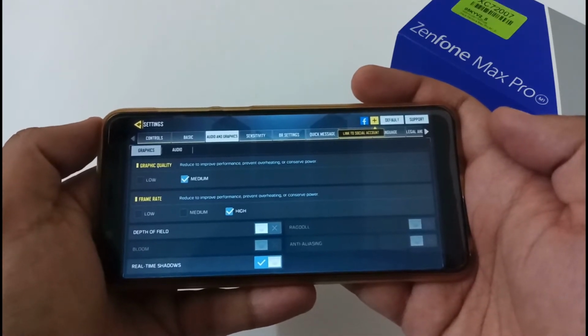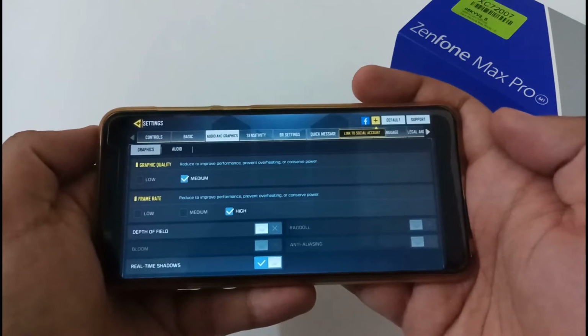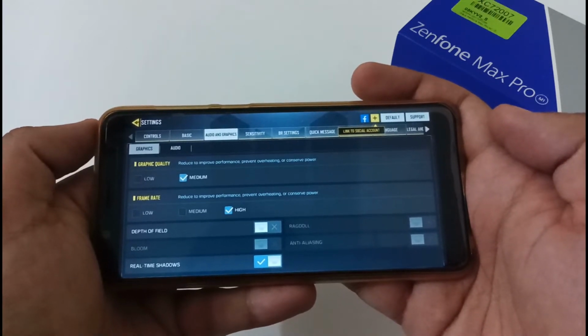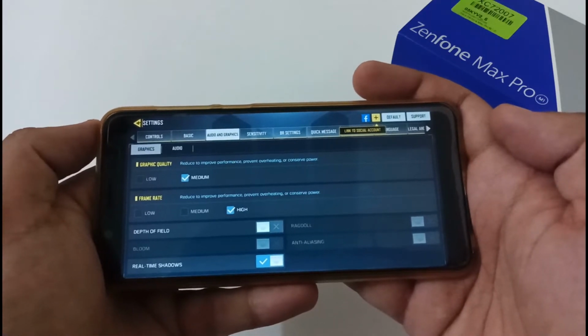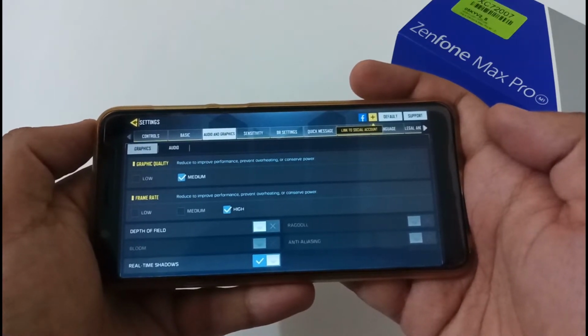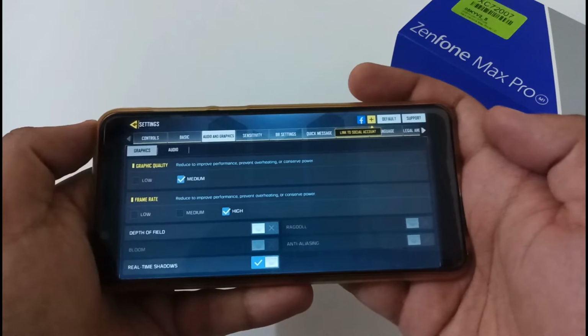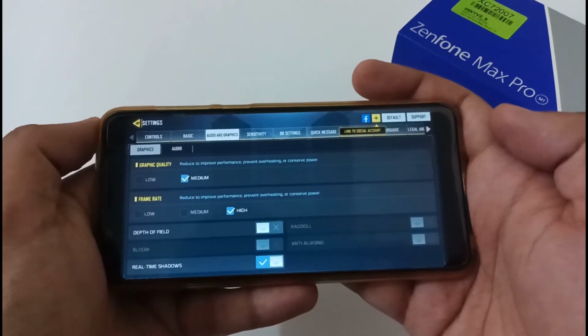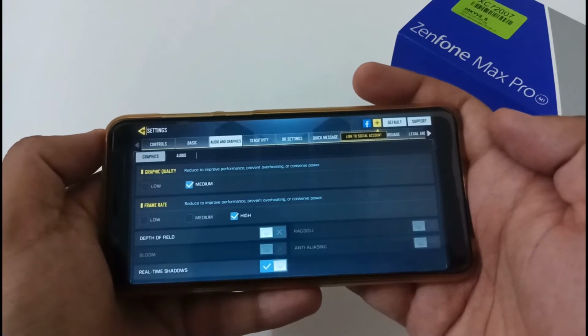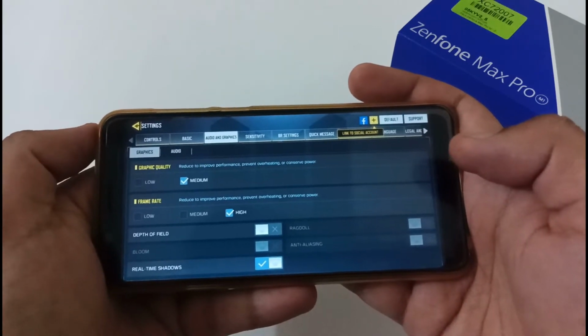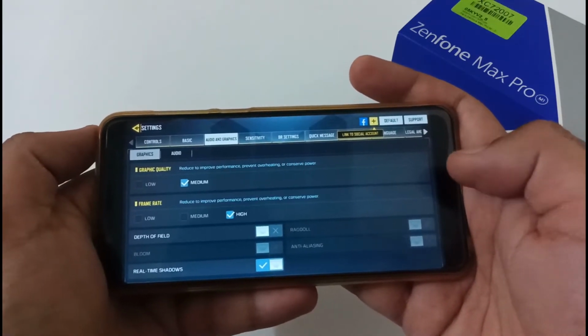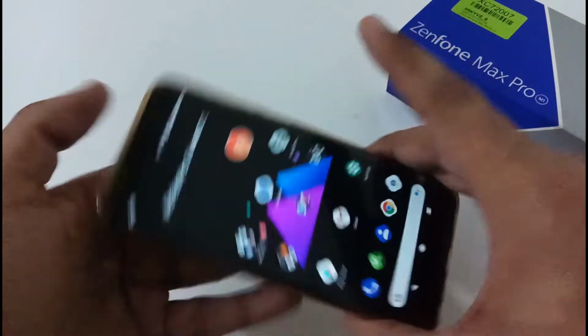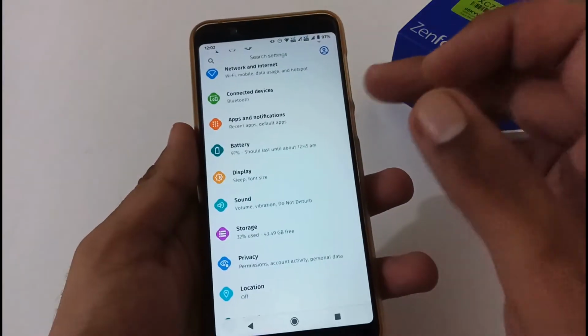But here temperature readings were somewhat abrupt. Before starting the gameplay, the temperature of my phone was nearly 30 or 31 degrees, and as soon as I completed the gameplay, the temperature of my phone was 38 degrees. So it was a little bit heating, or the temperature was somewhat higher while playing Call of Duty. Apart from this, the gameplay of this particular game was also absolutely fine. There was no glitch and so on. So this was all from the battery statistics.